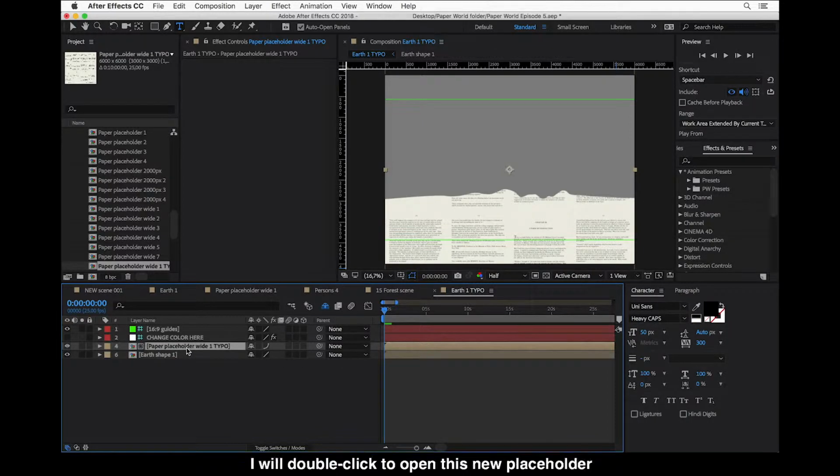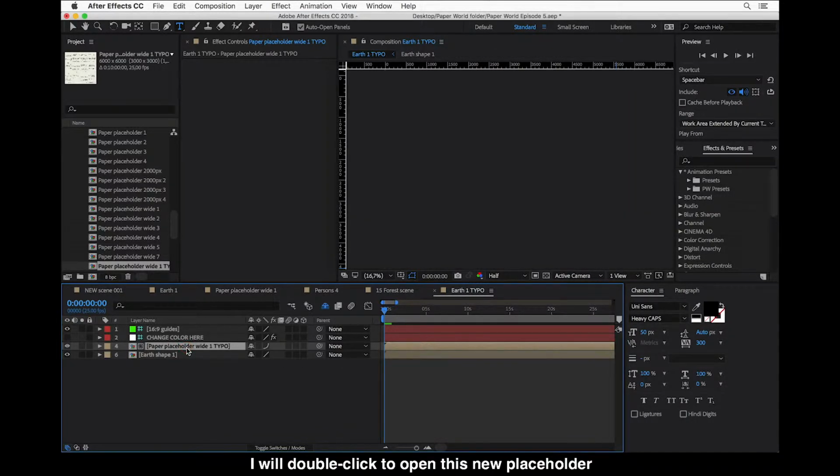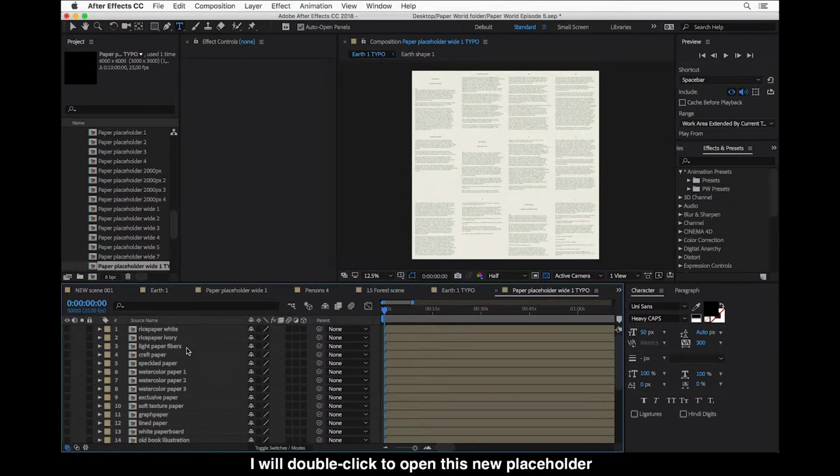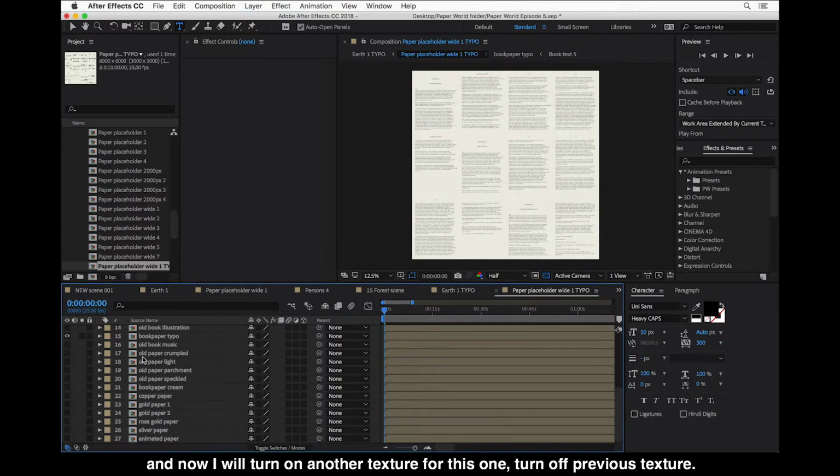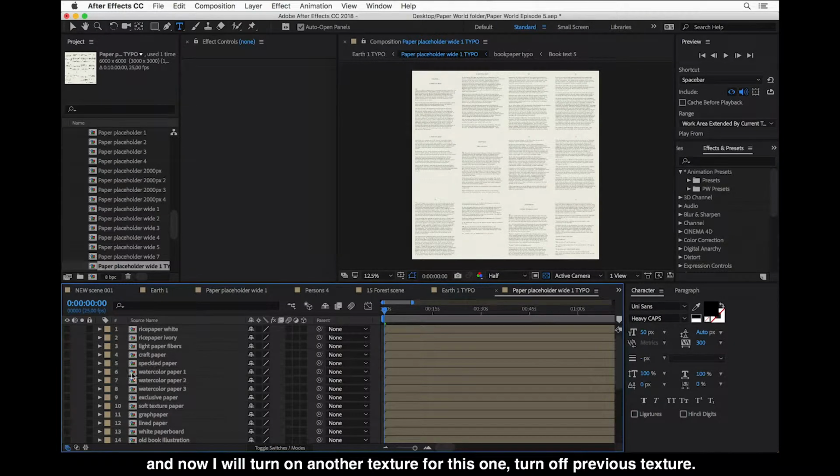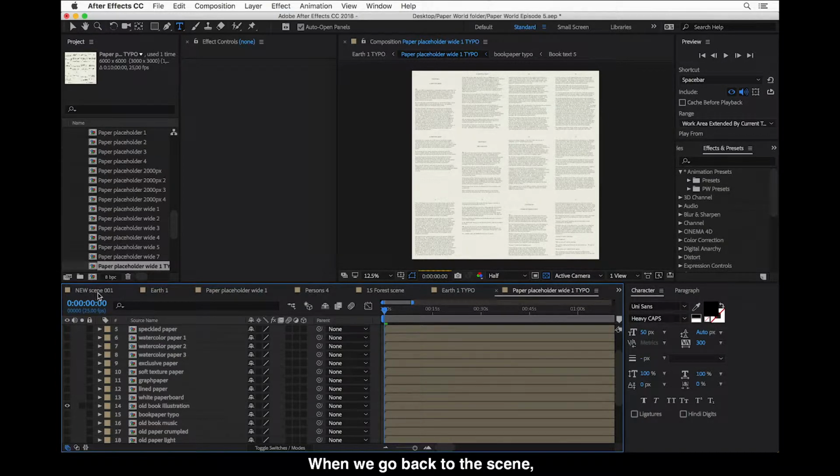So I will double click to open this new placeholder. And now I will turn on another texture for this one. Turn off the previous texture. And when we go back to the scene,